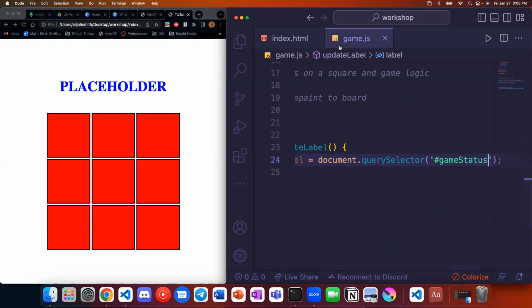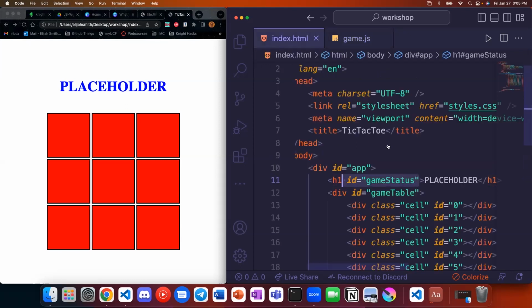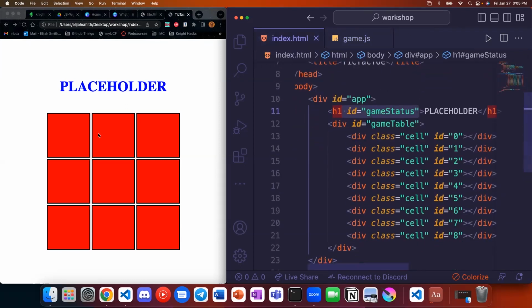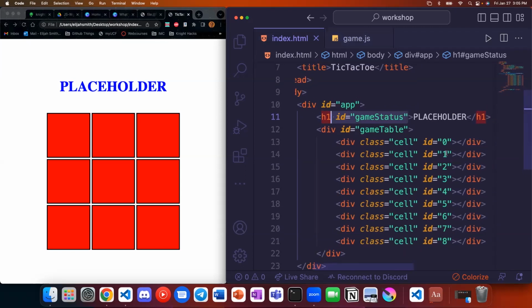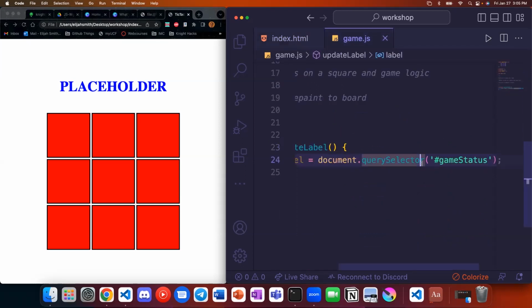A class is something that you can apply to lots of different elements and then access all of them using the class, whether it be for styling or for grabbing them all with query selector all. You'll notice that our cells here, which are these red boxes, they all have unique IDs, the number that represents them. So we can get cell 0 if we need to, but we can also get all the cells at once with this class cell. And we could do that with query selector all, and instead of a #, a dot cell. That would get our cells, which we'll do later on.